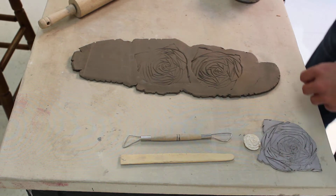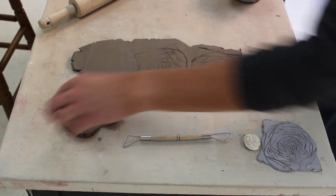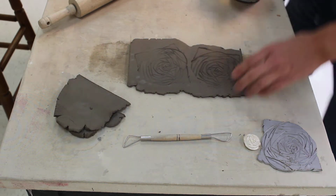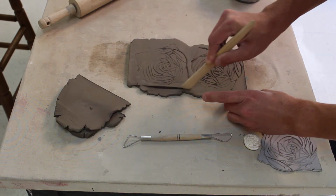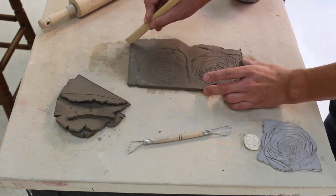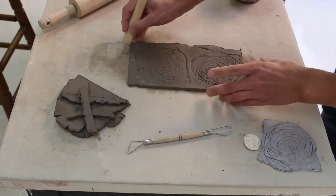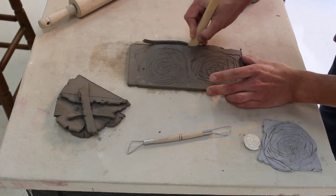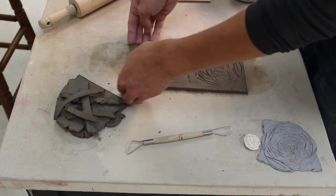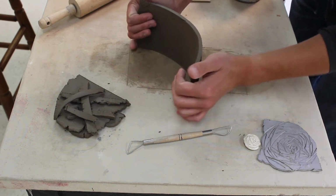So I've got two pretty good impressions on there. I'm going to use the clean modeling tool to trim the ends. You can also use a butter knife to do this at home. Just make sure you clean it up afterwards. Okay, and I've got a relatively even rectangle here